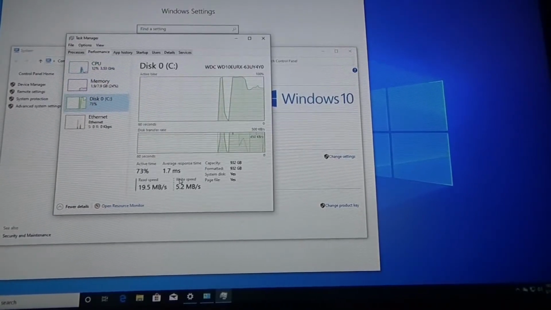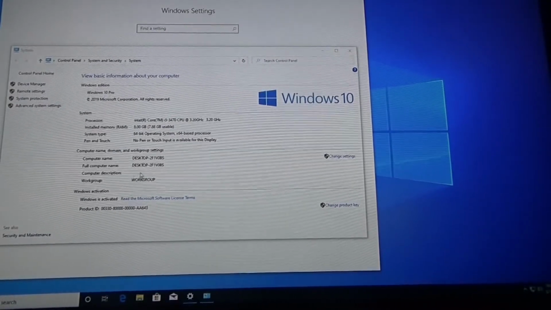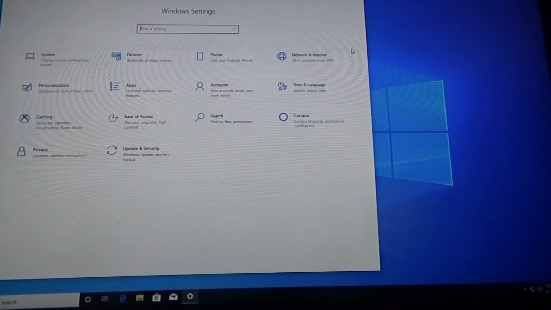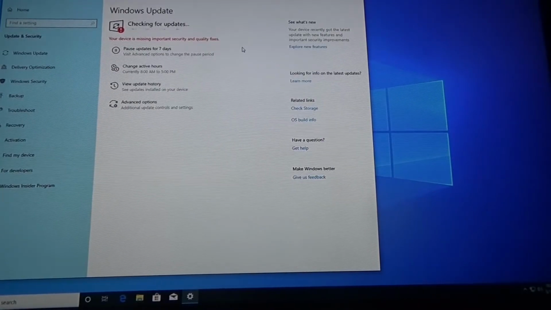It's writing stuff to my disk, so it's still booting up. Right now it's contacting Windows or Microsoft, and I just saw something flash down here. Security, graphics, OneDrive. All that crap's gonna go. Say bye-bye. Close out of this. I just wanted to make sure it was activated, so I didn't have to do anything else. To do that, check on updates. I'm missing important updates, quality fixes. Imagine that. And I just updated. I just installed.